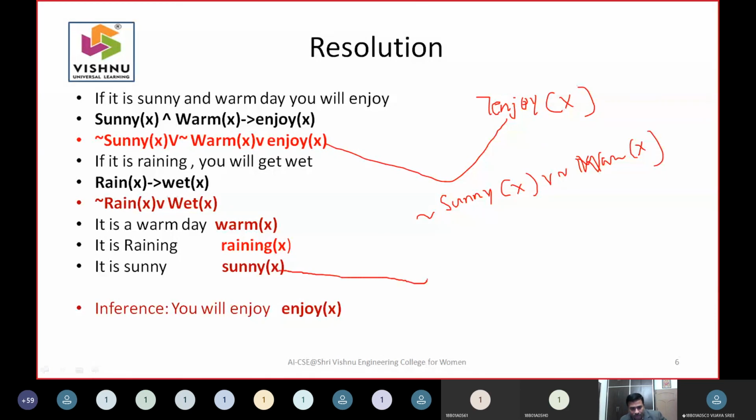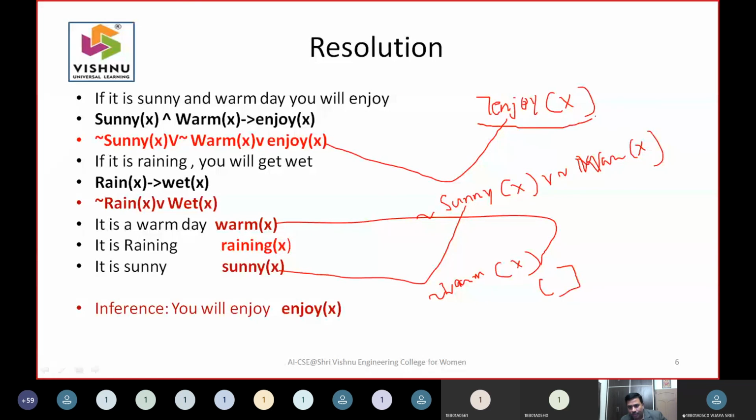There is a positive sunny. So if you combine them, the output is warm of x. Negation of warm of x was there. So negation of warm of x and warm of x, if you combine both of them, you will get a contradiction. So you are not enjoying is wrong. So obviously whatever you are enjoying is right. This is a simple example of the resolution algorithm.